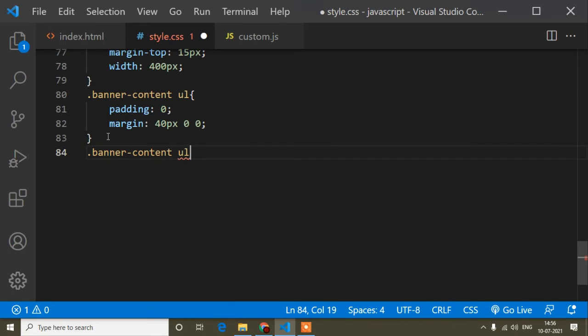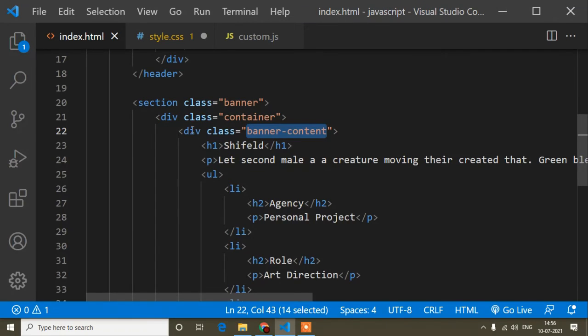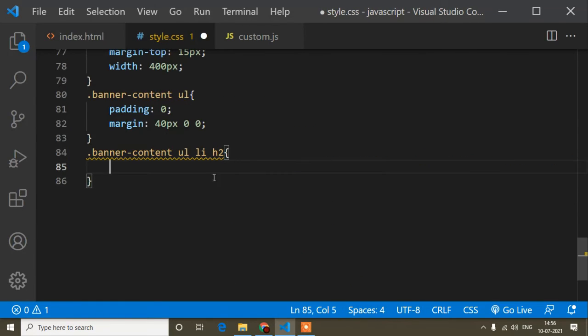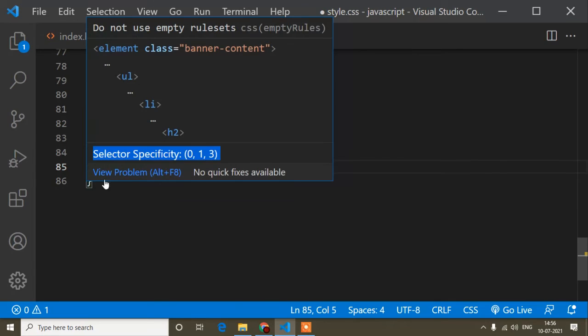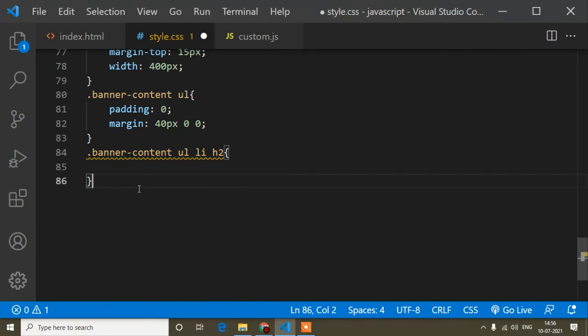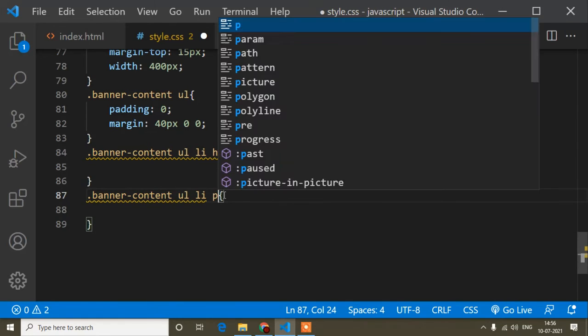Okay, and now I will add the design for our li. So I will just write li and h2, because you can see inside this li tag there is the h2 and p tag. So li h2, and another I will write, that is li and p. So li h2, and just same thing I will copy from here, and instead of h2 here I will write p tag.